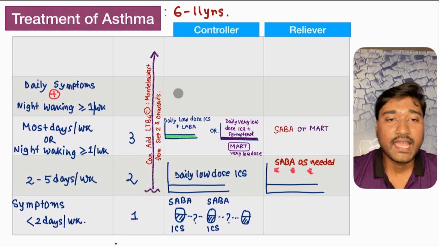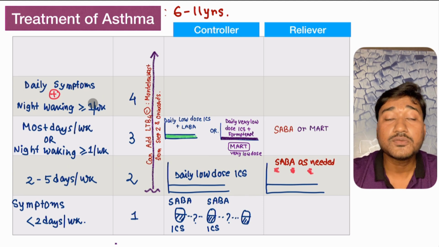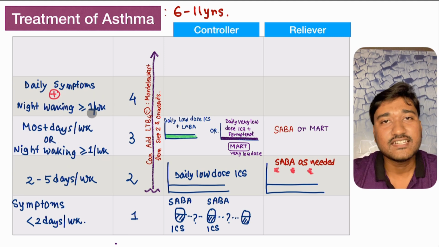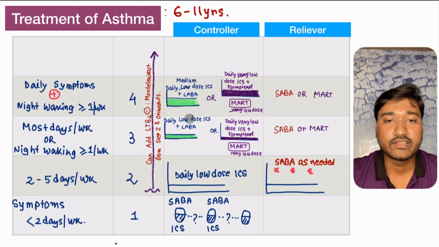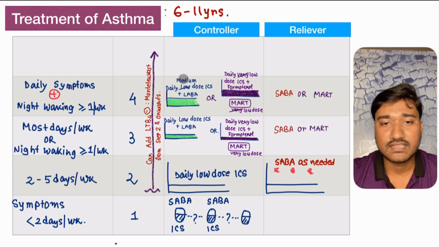Okay, and also look here in the step 4. What is step 4 management? Suppose if there is daily symptoms plus night waking. So the difference between 3 and 4 is that in the 3 there is "or", but in case of 4 there is daily symptoms plus night waking at least 1 day per week or more than that. So here the treatment is daily medium dose ICS plus LABA, long acting beta 2 agonist,